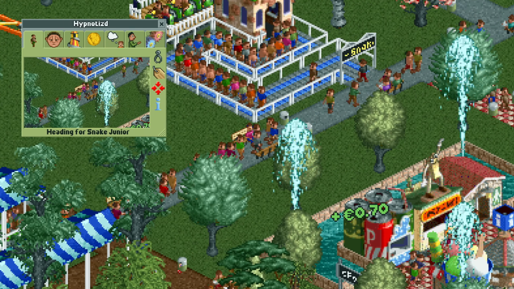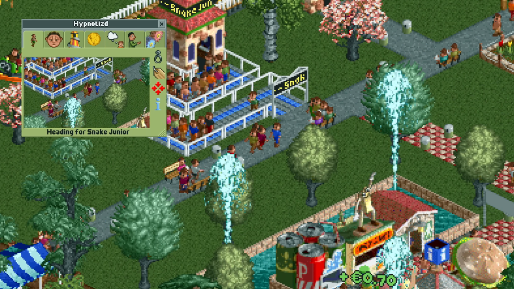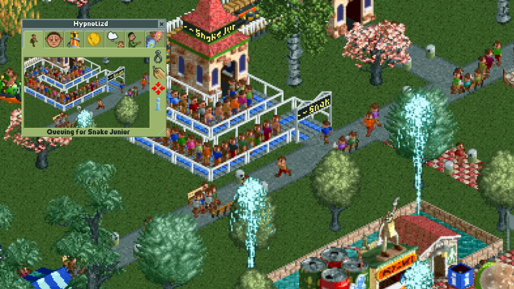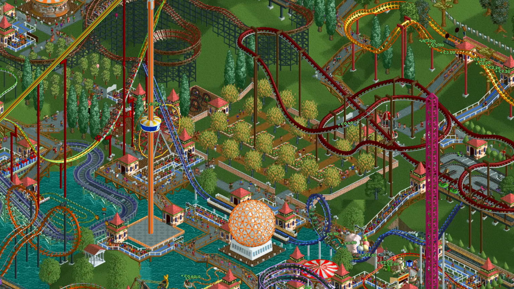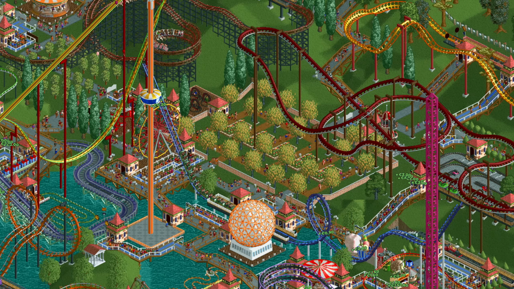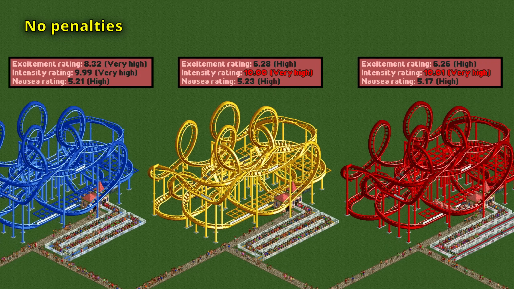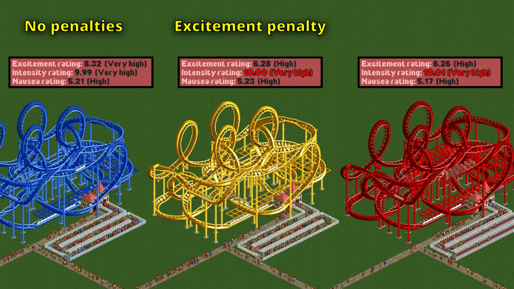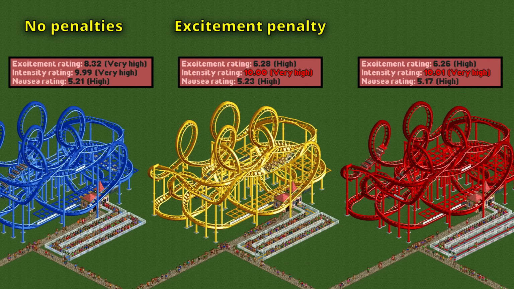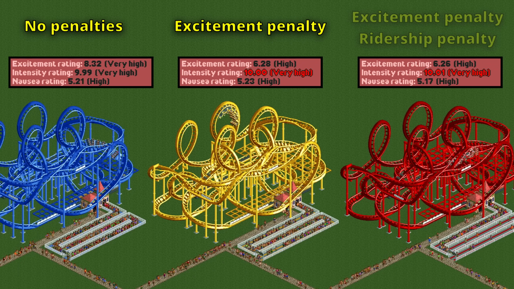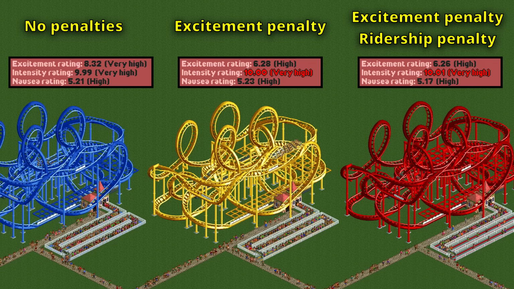However, for the guests that specifically head for the ride, which is a significant portion usually, there is that penalty at 10 intensity, so it's still a good idea to keep it below that. Although interestingly, this threshold is ever so slightly different from the other penalty you get for extreme intensity ratings. When the intensity reaches 10.00, it turns red and you lose a quarter of the excitement rating. But guests heading for the ride will still ride it at this point. It's not until 10.01 that they now refuse to do this. But for the sake of making it easy, just keep it below 10, okay? That will make sure there are no penalties in any shape or form.